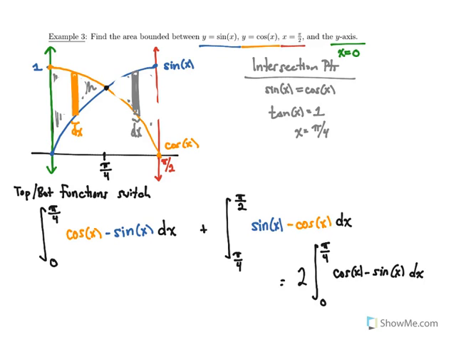If you're not comfortable with that, or you're not sure that those areas are equal, then you should just stick with the two integrals to do by themselves, but it's a shortcut that we might be able to use. The purpose of this example is not about finding the exact value, it's about understanding the difference between top and bottom functions, understanding that they may switch throughout the area that we're talking about, and it's important to really understand the picture, understand what a rectangle is going to look like, and understand what the top and the bottom functions